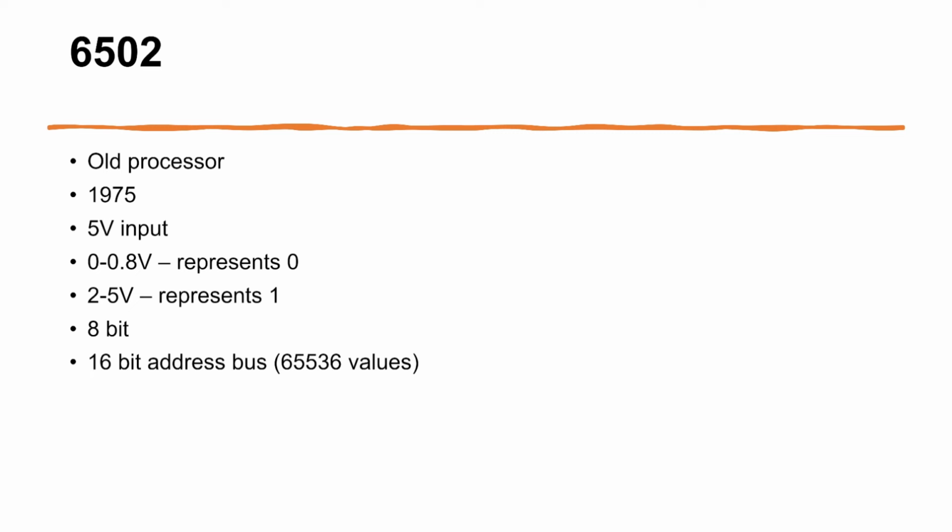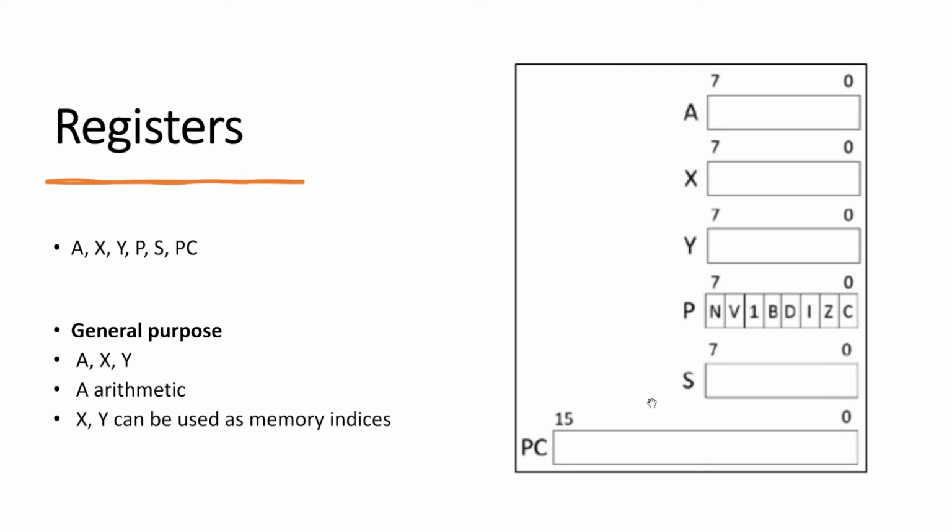The processor itself, as I said, is extremely simple. It consists of a couple of registers. By a couple, I mean actually 5 of them, 6 if you count the program counter. And program counter is the only one that has 16 bits. The rest of them are 8-bit registers, and they are used to store different